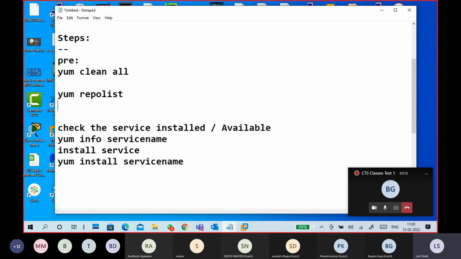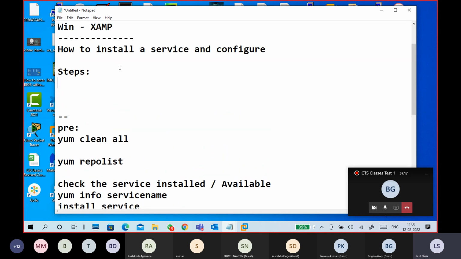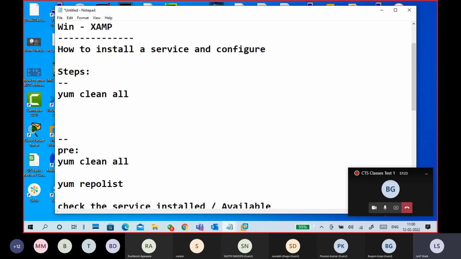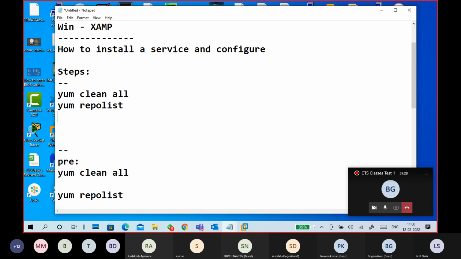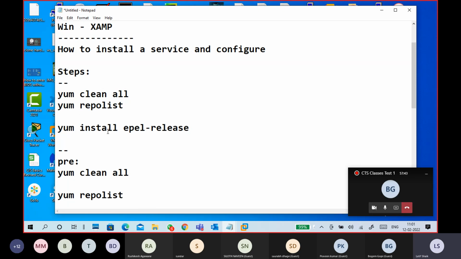This is the pre-steps. I should not forget one step here, so that's why. This is a one-time step. Yum repolist. Yum install epel-release. Okay. Yum install. If it is not available,